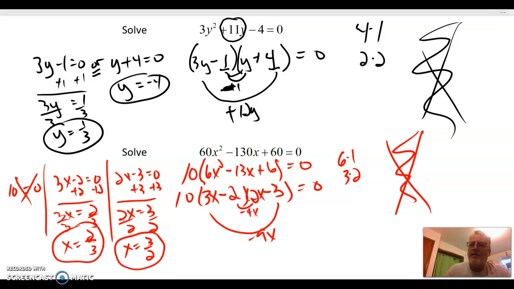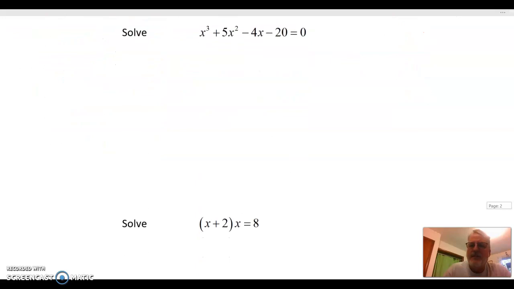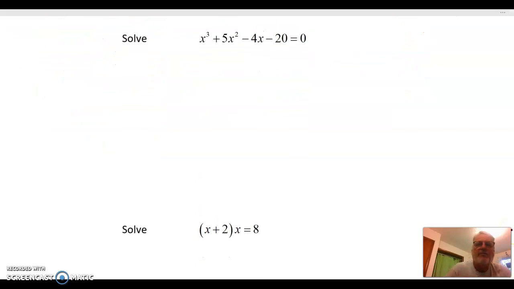Yep, okay, so I've got about 4 minutes left. Apologize if it seems like I'm going fast, but I want to make sure I get 2 more examples. Okay, this is one, we actually did this problem last night, but we did it without the equation part. We just did the factoring. But 4 terms,